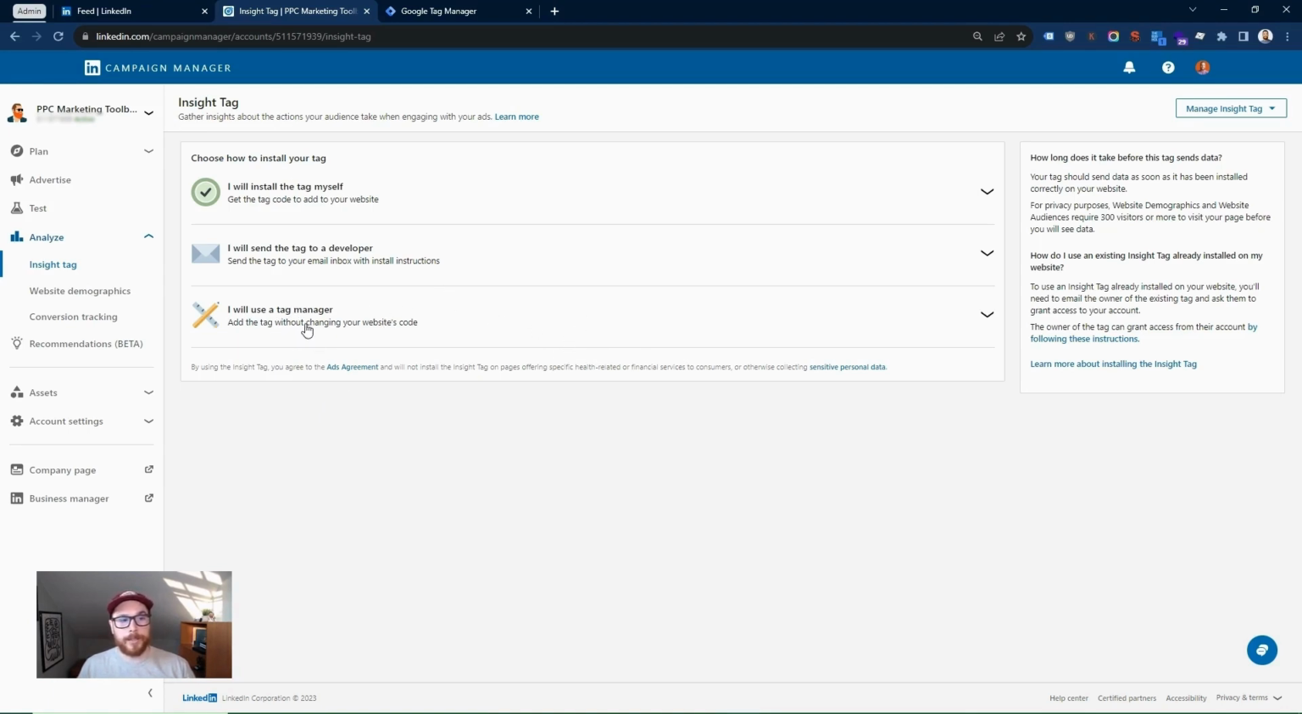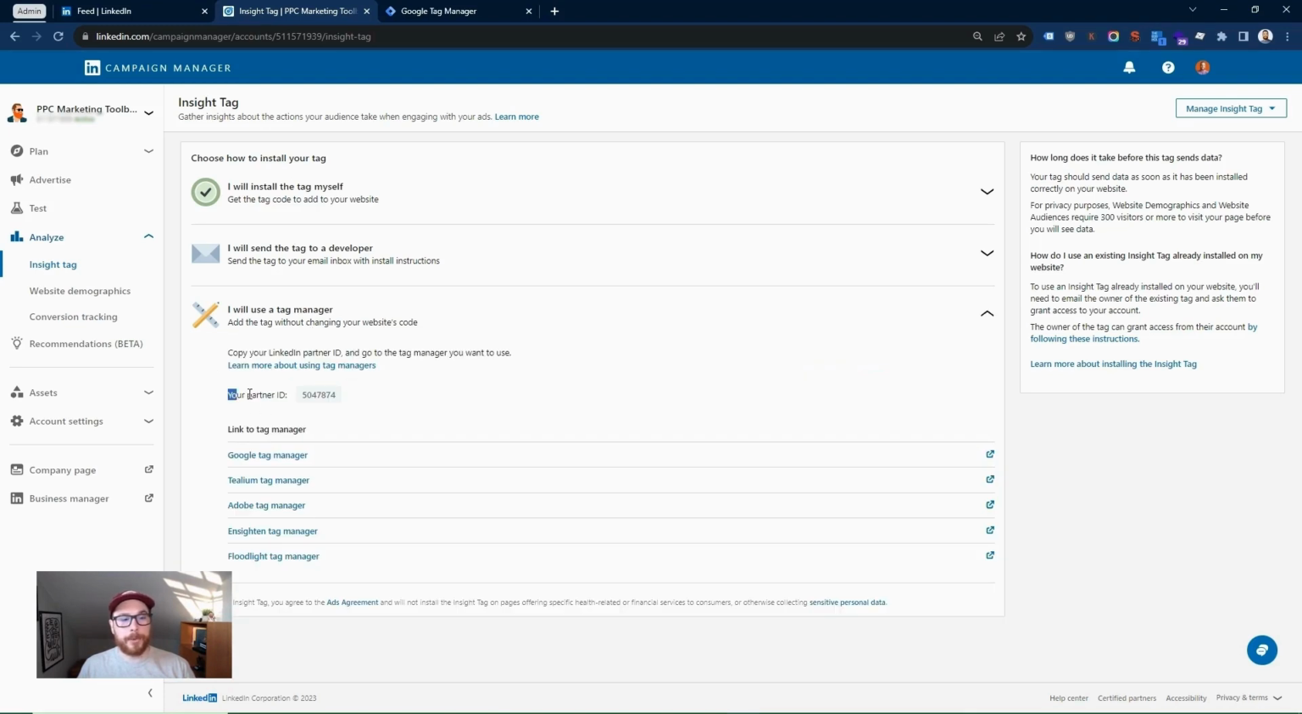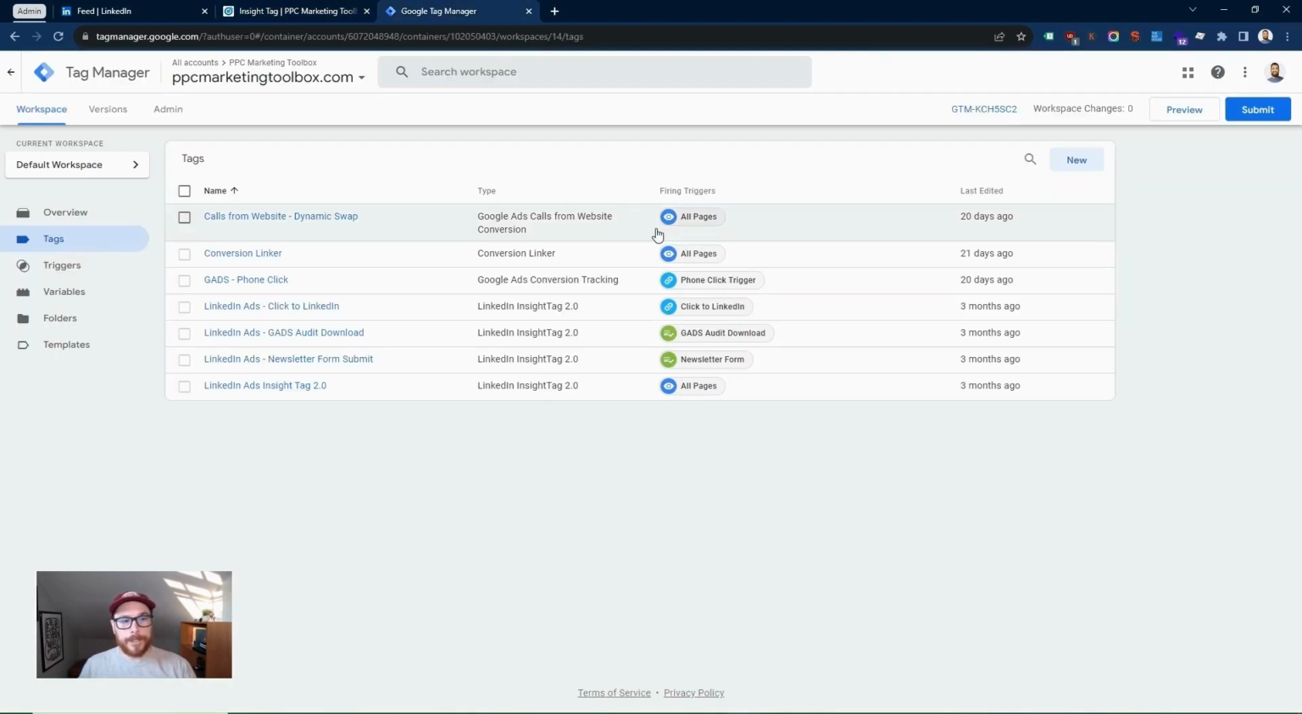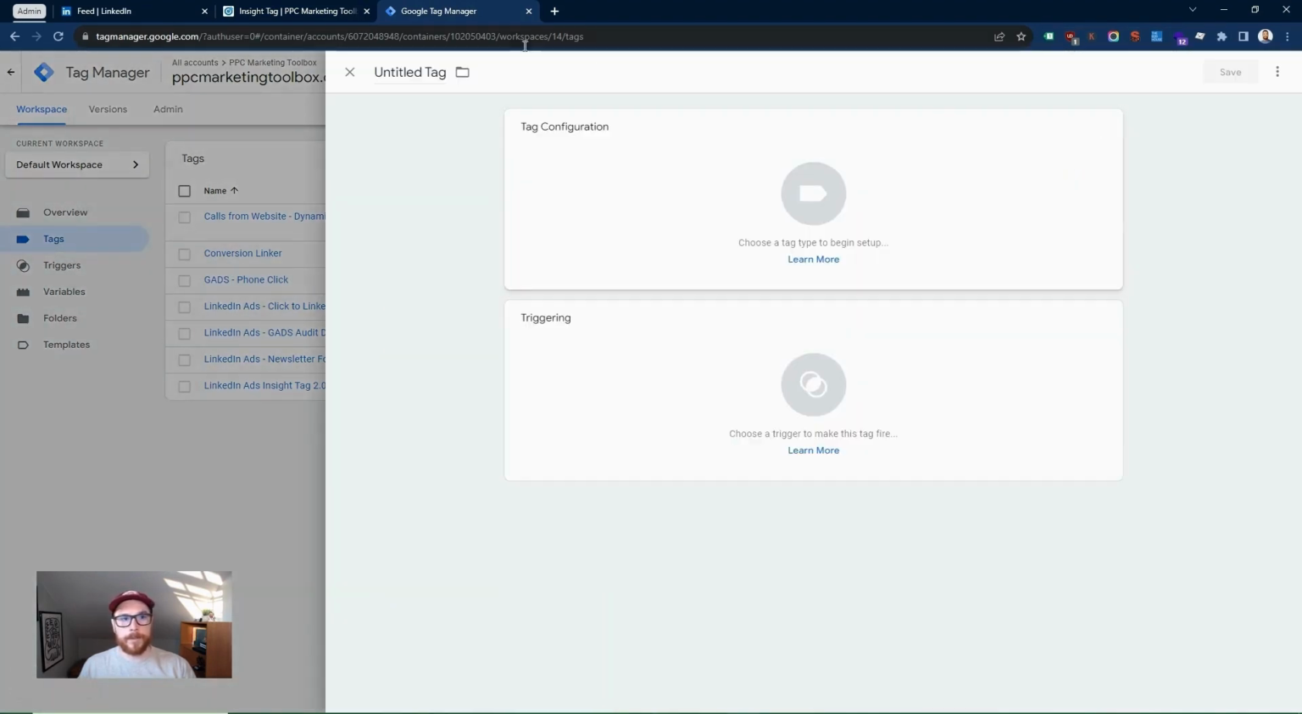So you're going to go here, you're going to open it, and you're going to grab your partner ID. So this is what's going to allow us to set it up in Tag Manager. So I've just copied it to the clipboard. Now I'm going to go into Google Tag Manager, and we see that I already have it set up. I'm going to go ahead and create another one just for this example. So we're going to go to New. We're going to call this LinkedIn Ads Insight Tag